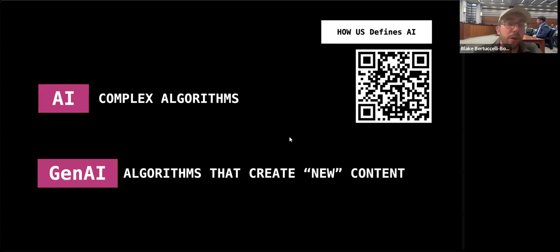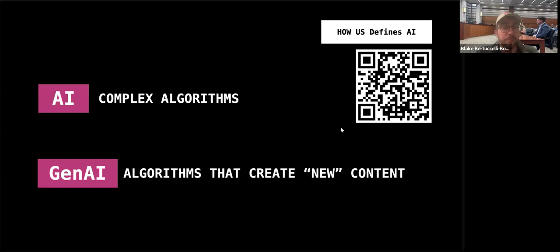I have QR codes throughout this presentation. You can pick up your phone and check out the QR codes. This QR code links to a definition that Seed AI put together that kind of distinguishes the two. I think it's really good to look at. And I have to tell folks on the forefront that I am really a proponent of Gen AI when I talk about AI. I want to see applications that are completely honed and new for the user or the student as they're using it.